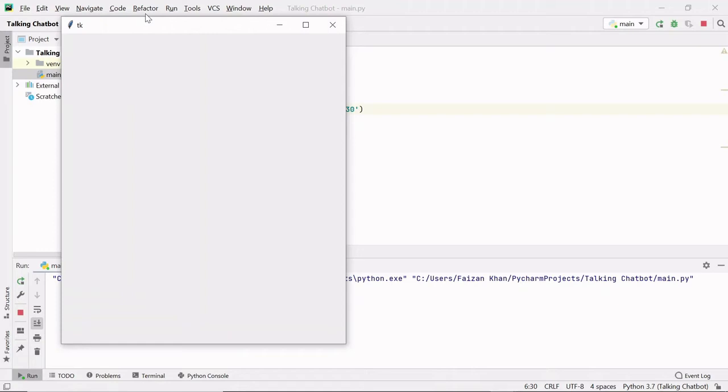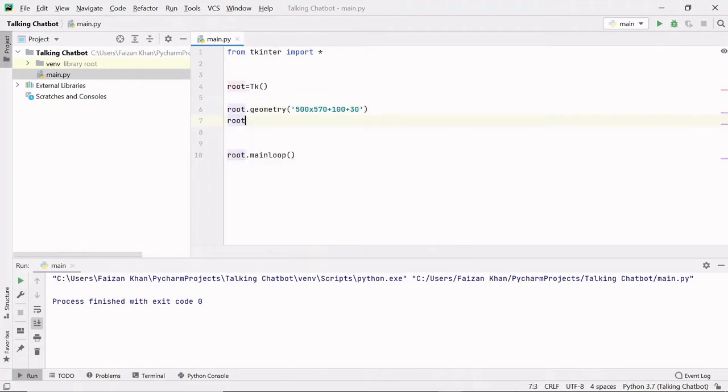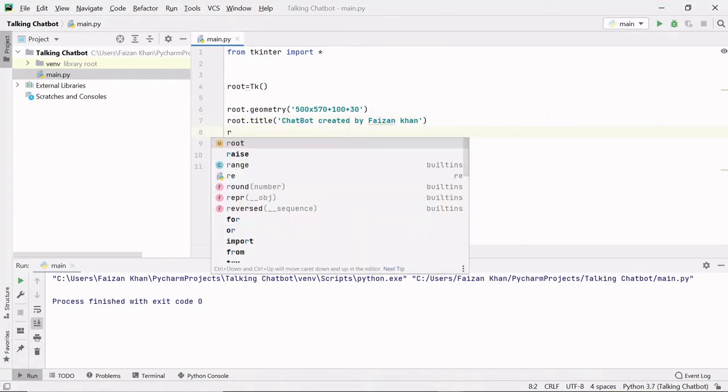After that, let's add a title to our window and a background color to it. So here I'm going to write the root.title method. To this title method, in the form of a string, we have to mention the title. So the title will be chatbot created by Faizan Khan. Next, we need to provide a background color to our window.